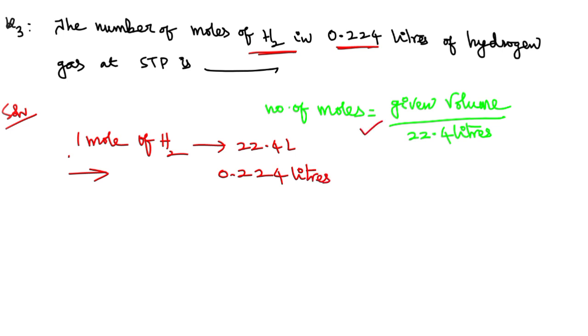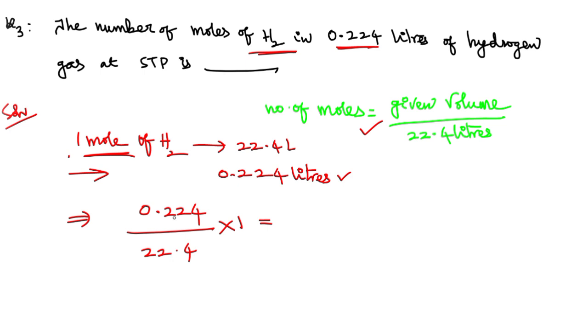This is the formula you can use, or you can write 0.224. This is the given volume, and 22.4 liters is the volume that can be occupied by 1 mole of hydrogen, is equal to,